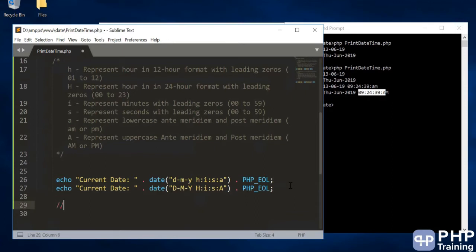If you want to show the time in milliseconds, you just have to say time and it will show you the time in milliseconds.